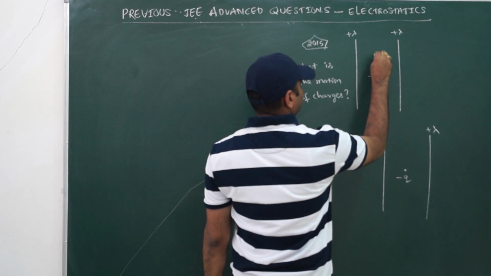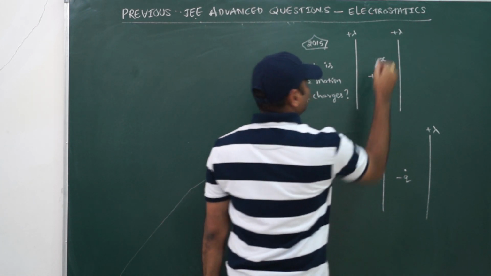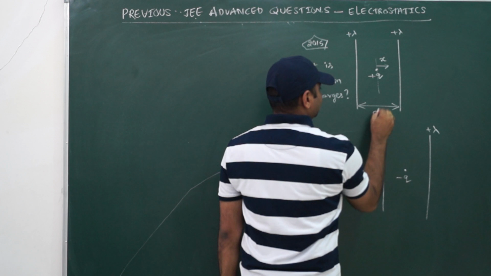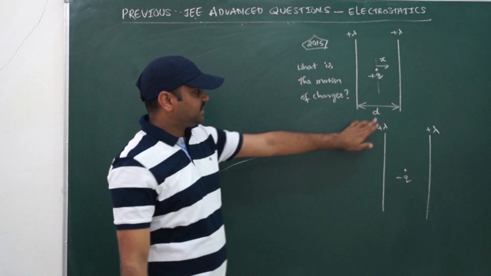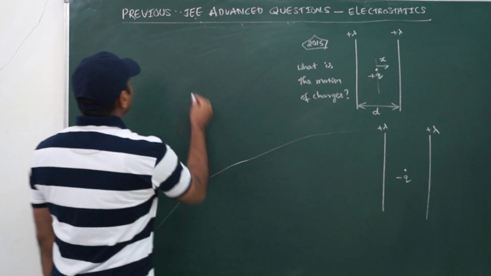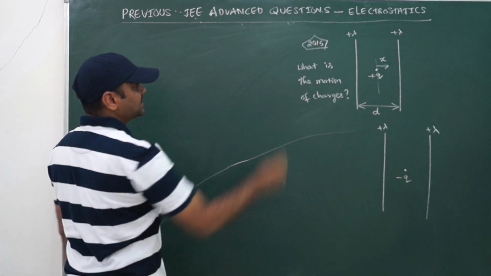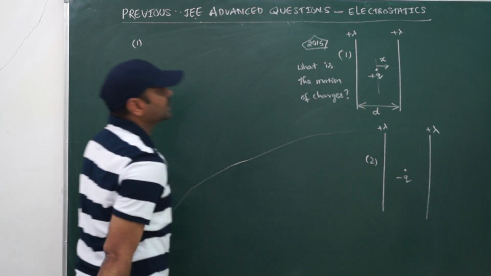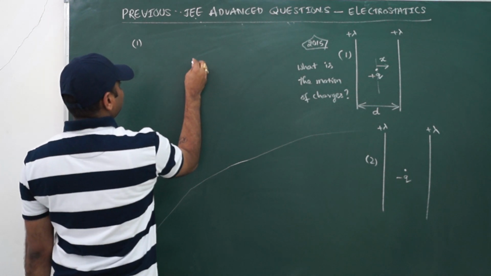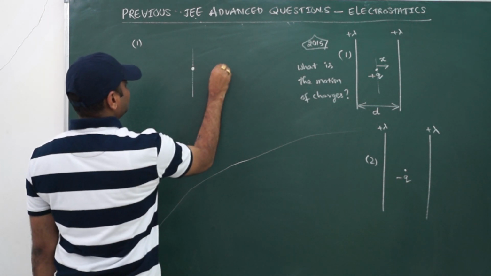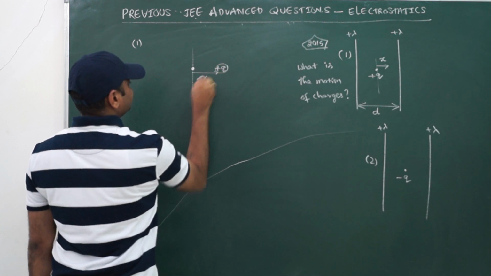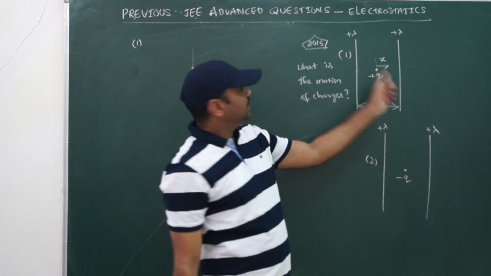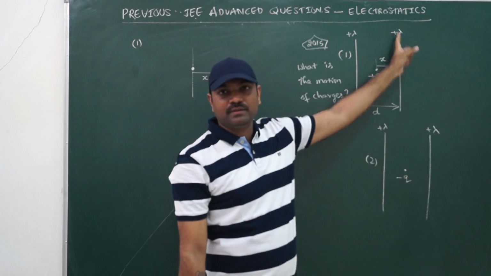Okay, here. Suppose I displace the charged particle by x amount, and the distance between the two wires is d. I am taking this as case 1 and this as case 2. Now, this is the equilibrium position, and the charge is displaced by x amount. Then both wires will have fields. This wire will have one field, and this wire will have the other field.